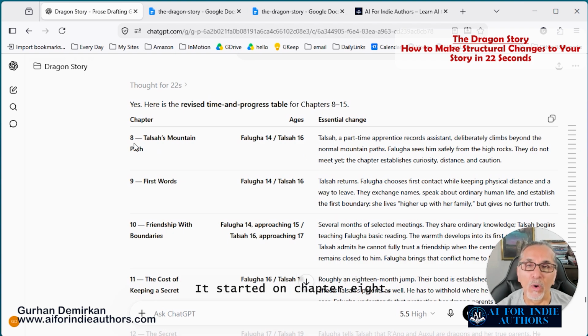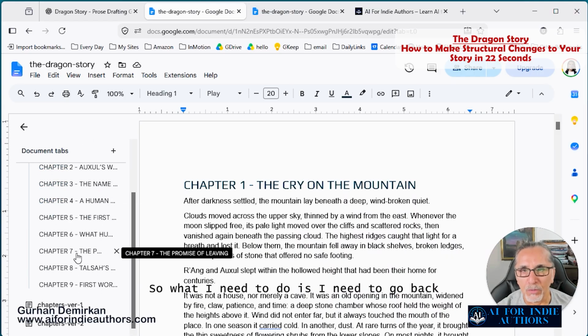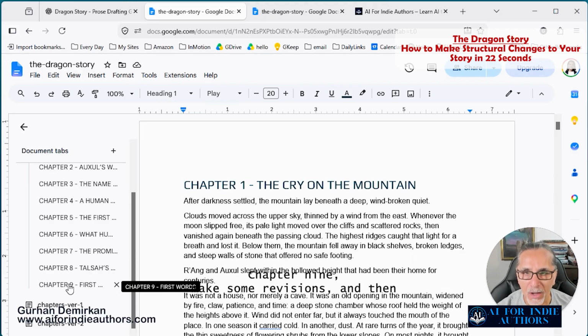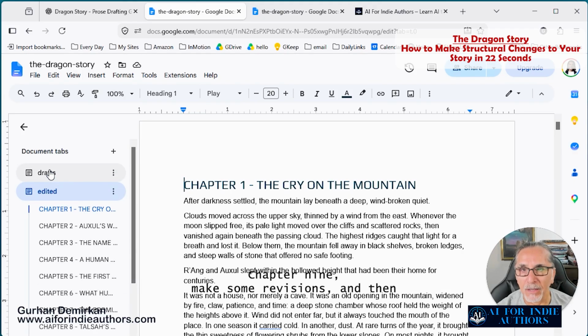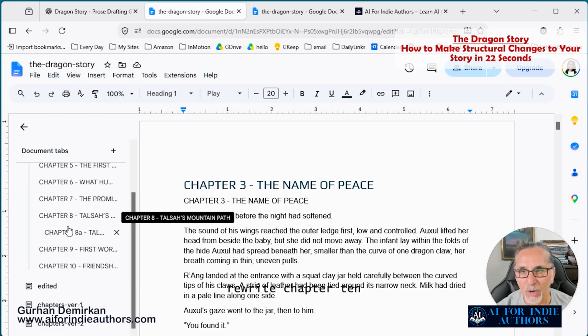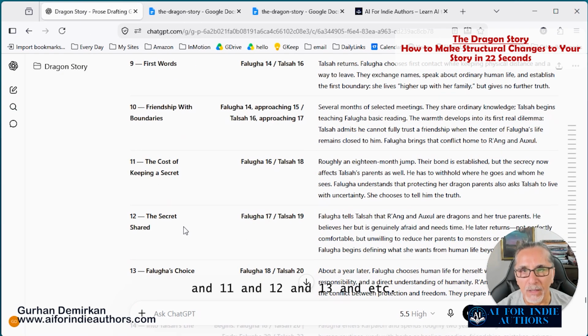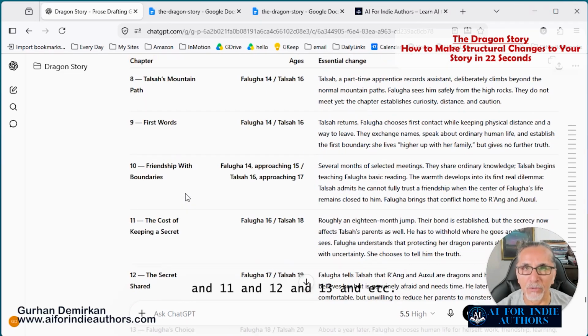It started on chapter 8. So what I need to do is go back to chapter 8 and make some revisions, chapter 9, make some revisions, and then rewrite chapters 10, 11, 12, 13 and so on